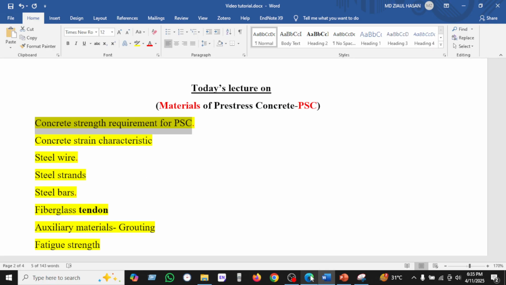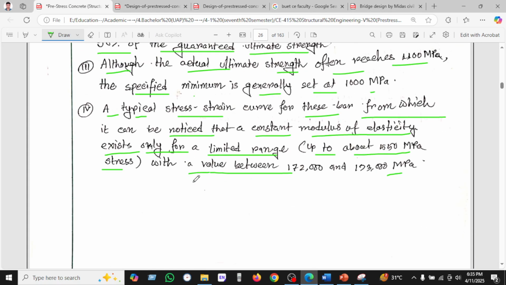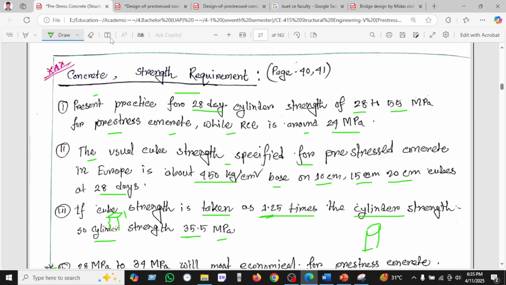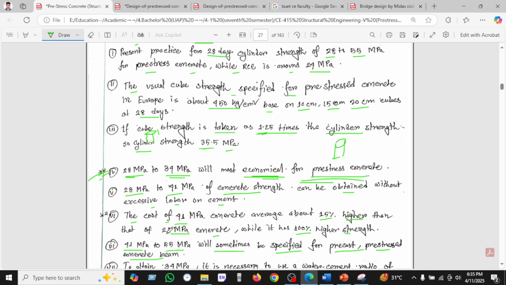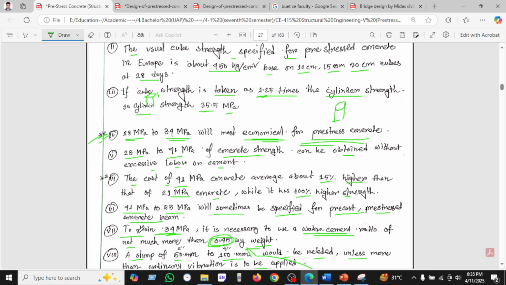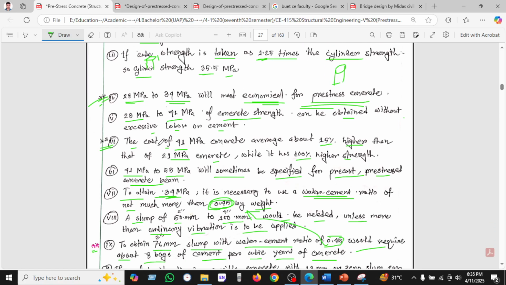Concrete strength required. A lot of data is given here on concrete strength. If we use 28 MPa to 30 MPa, it is economic for pre-stressed concrete. Another point is the water cement ratio we use. Here the cost of 45 MPa concrete is on average only 45% higher than 21 MPa concrete, while it is 100% higher in